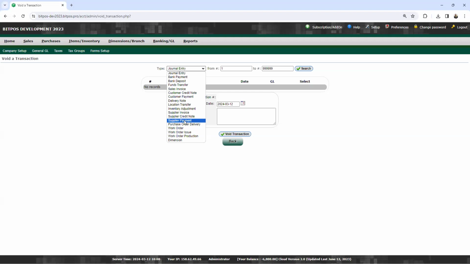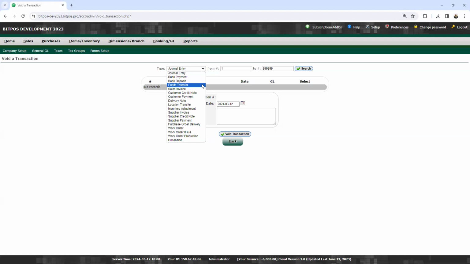Then the supplier payment, meaning void the payment and update associated records. Purchase order delivery, void and adjust linked records. So the work order issue, work order production, meaning void and update related records. Then the mention, if applicable, void and update related entries.